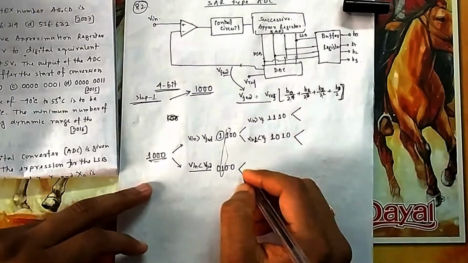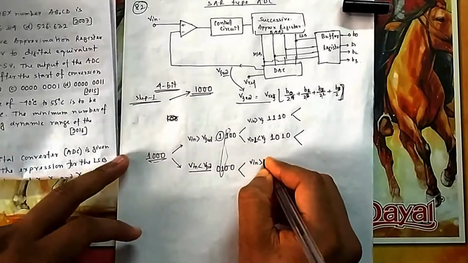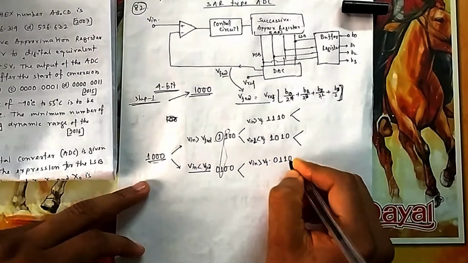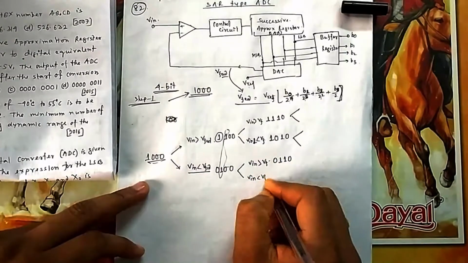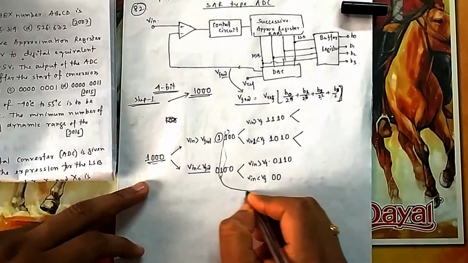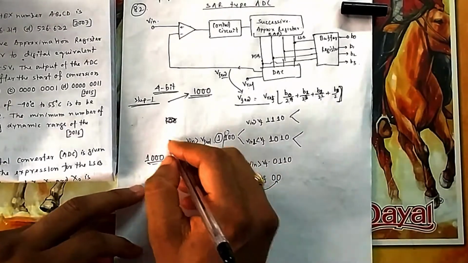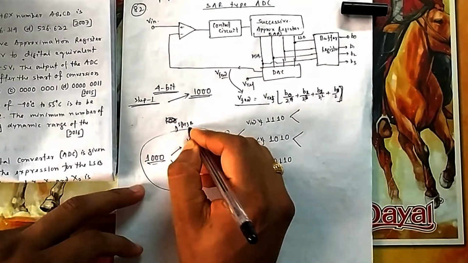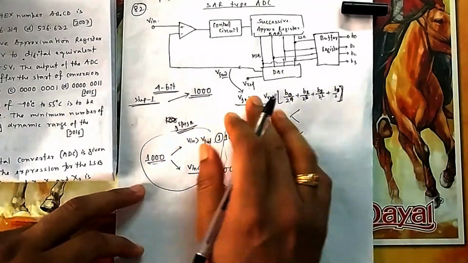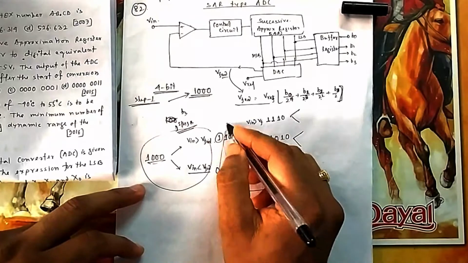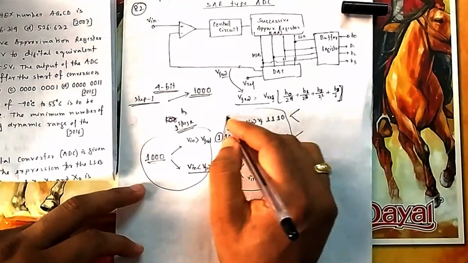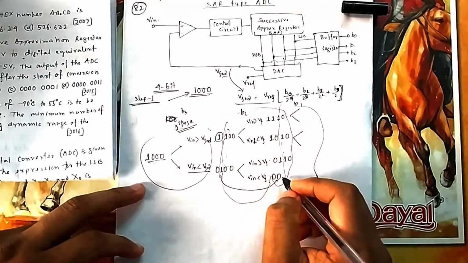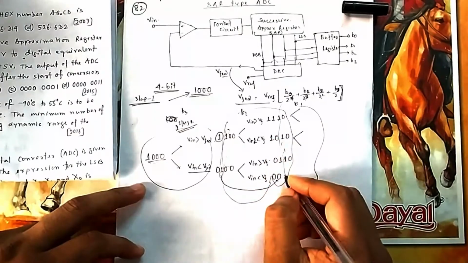So this will continue. You can see here also, if V in is greater than V feedback, then the first one is 0, the second one is kept 1, and the third one is made 1 to make the next comparison. And if V in is less than V feedback, then the bit that you are checking is the second MSB. So this is the checking for the first MSB. You start from MSB, then lower than MSB, suppose here it is for B3. This portion you are checking for B2. Next you will check for B1. You see this is the B1 we are checking, so that's why everywhere B1 is 1. Then we'll check this one.